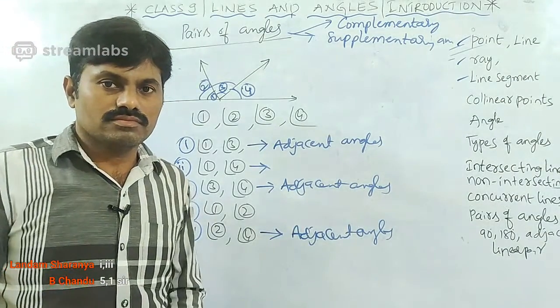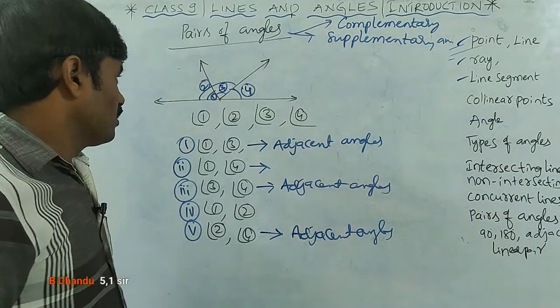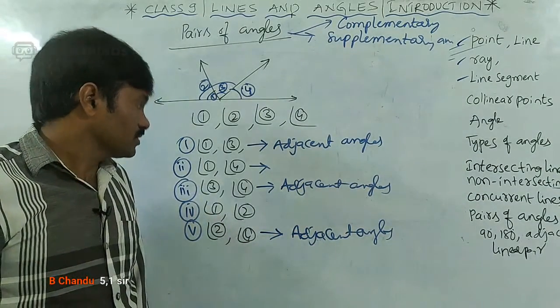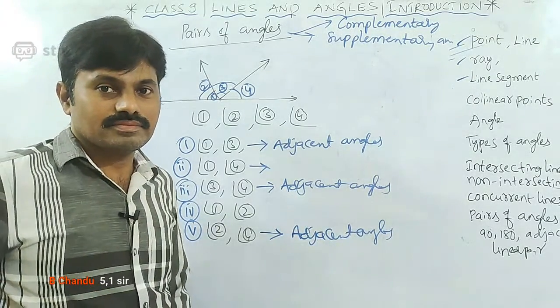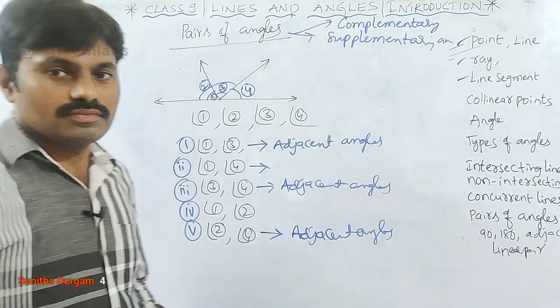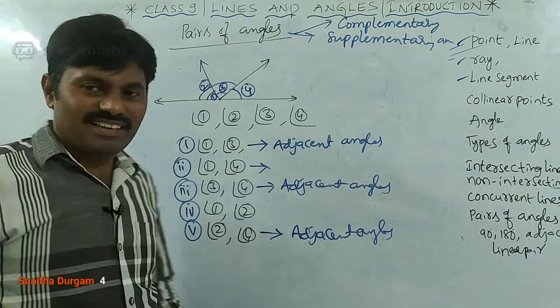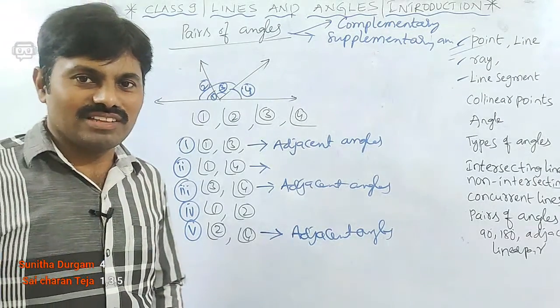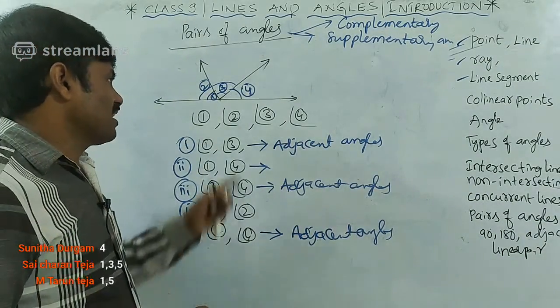Why not 5, London? Are 1, 2 not adjacent angles? 1, 3, 5. Okay. Any more? Only 1, 3, 5? No. We can take 1, 2 also as adjacent angles because both have